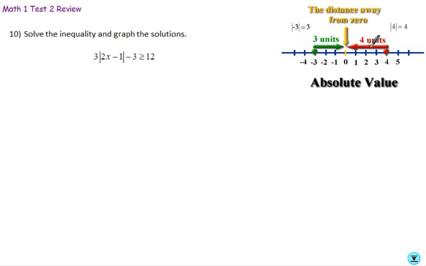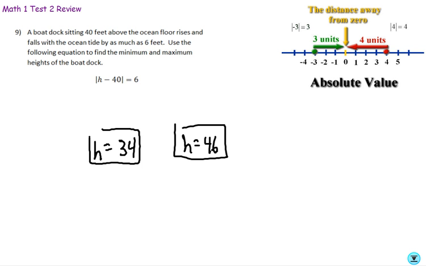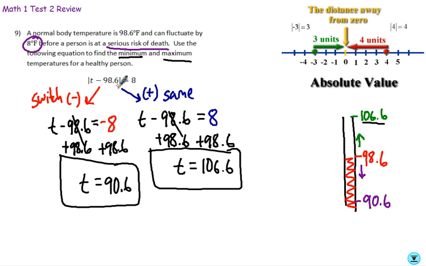This one looks a little different from number 9 for two reasons. One, there's no story. It's just a straight up, let's just solve this problem. The other thing is you notice that there's some extra numbers floating around there. There's a 3 that's in front. Before we pull the two things apart, like we did here, where we pulled the two equations, one that stays the same, one that you switch,